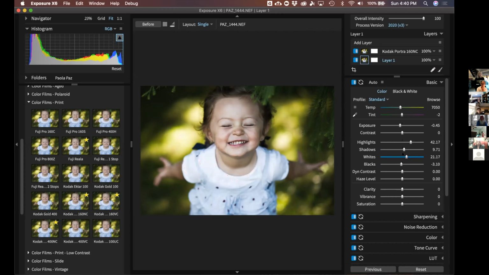And I'm just making some basic adjustments here, just some tiny adjustments. They're very gingerly. I'm being very nice. Okay, so whenever you're editing inside of Exposure, a good rule of thumb is that you start at the top of the panel and then you work your way down through the sliders. So if I was going to make tweaks on each one of these sliders to edit this image, I'd start right here with exposure, and then I do contrast, and then highlights, et cetera, and work my way